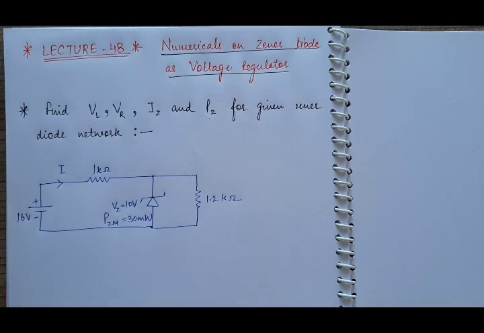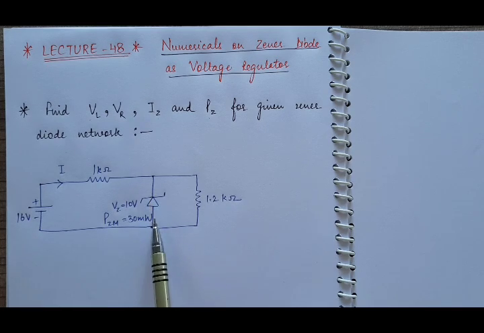So first of all, we will calculate the voltage across Zener diode by using Thevenin theorem. So we will calculate VTH. How? Considering open circuit here by removing this Zener diode. I am not drawing that equivalent circuit, but you have to draw it. Just remove this Zener diode as we have discussed in the theory part, and suppose the voltage between these two open terminals is VTH and calculate that voltage.